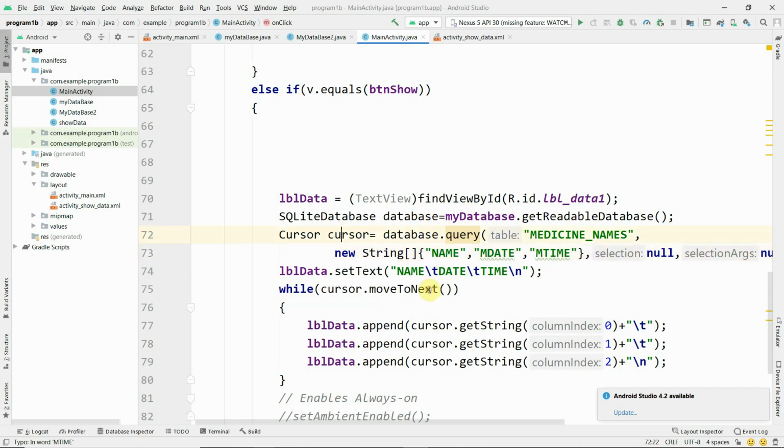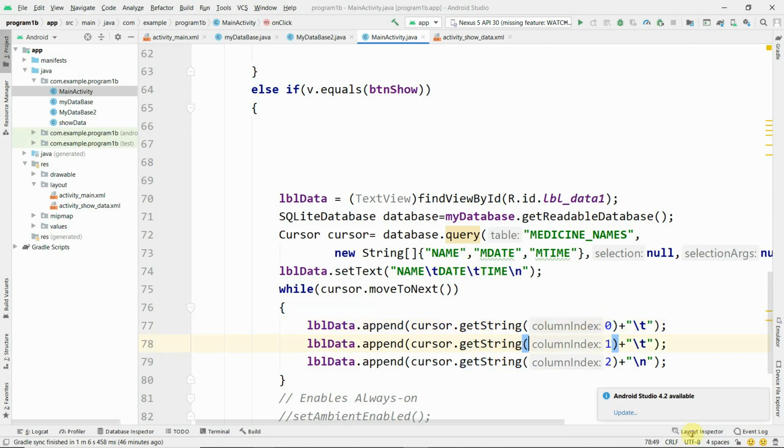And cursor is the object which contains all the rows. Now lbl data is an object with setText, and name, date, time will be displayed as a label. The content of the database which is there in the string of name, date, time, stored in the cursor, is retrieved from cursor.getString with column index 0, which is nothing but name.